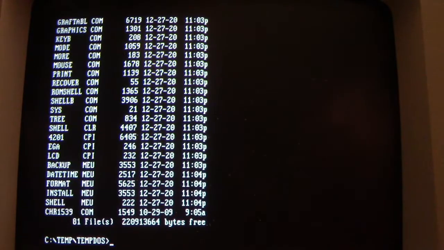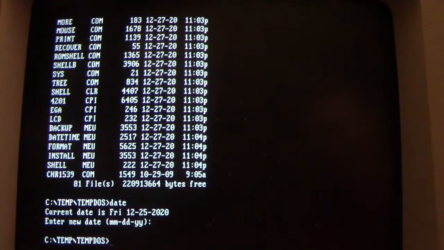So we're back into DOS now, and now we're going to look at Christmas 1539. And this time I'm running it off the hard disk in the temp DOS directory with a copy of DOS in there. And again, it is still December 25th. And if I run Christmas 1539 now, and again for any infected file with 1539 that runs on this date,